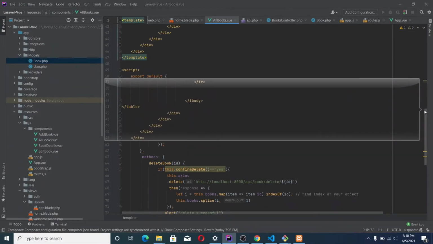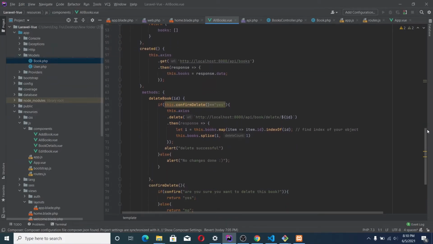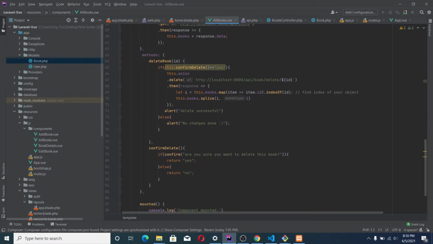And in this we are defining the delete book method here. So remember, in these all books here, we are going to have a button for delete, a button for view, and a button for edit. These are the methods that we are going to use to edit and to delete the book.